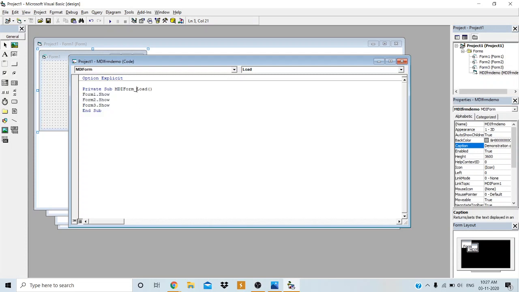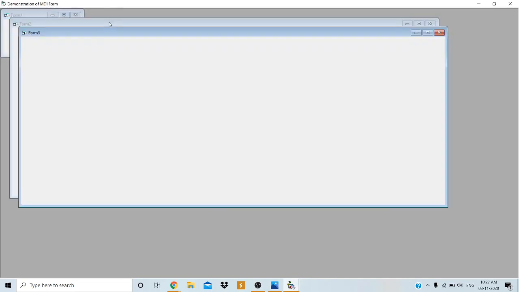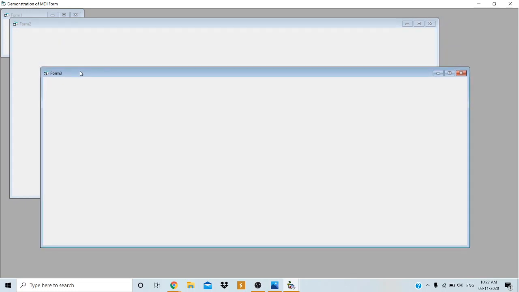As VB is an event driven programming language, when this event occurs, its respective code, this procedure, is going to be executed. Within this procedure, we have written the code to display form 1, form 2 and form 3. Already we have enabled the property called MDI child, so they act as child forms for the MDI form. Now see here, form 3 is there, form 2 and form 1, all acting as child forms.